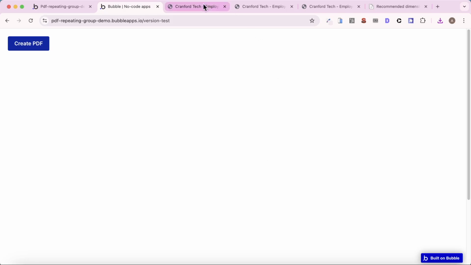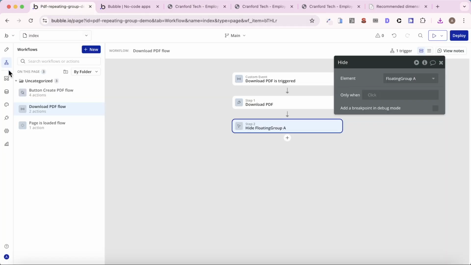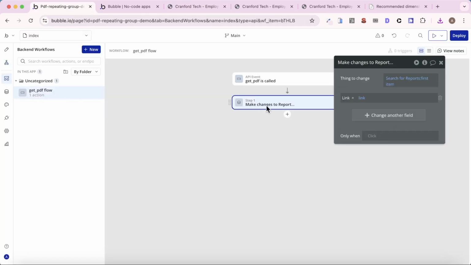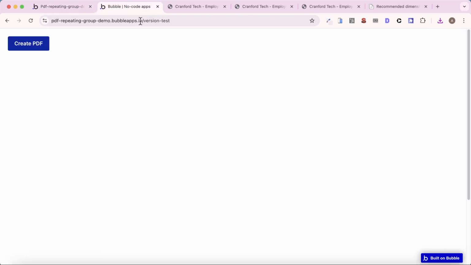Okay, I want to get back to making this look like a really nice PDF. I think we're getting there, but there's a few more things we could do to make it a bit better. But before I do, I want to go back to our backend workflow, because you might remember that we exposed this as a public API workflow, and we said it can be run without authentication, which maybe isn't ideal from a security perspective. So what we can do is if we tick this off and we then run our